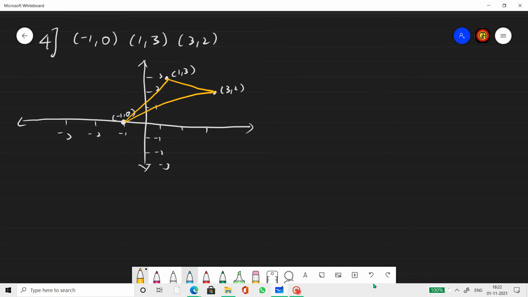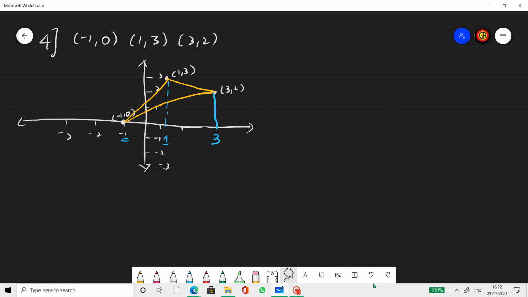Now listen carefully. Since we normally do it with respect to the x-axis, we draw vertical strips from this. So this is 3, this is 1, and this is naturally minus 1. So integrate this line with limit 3 to 1 plus integrate this line with limit 1 to minus 1, add both the areas and then subtract the integration of this line with limit 3 to minus 1.